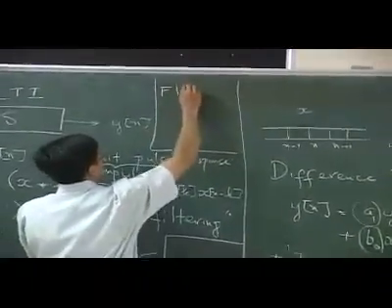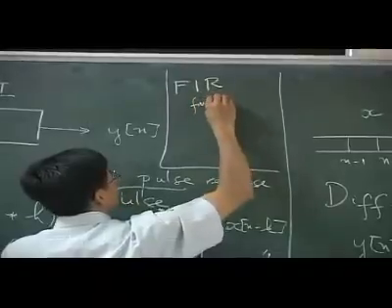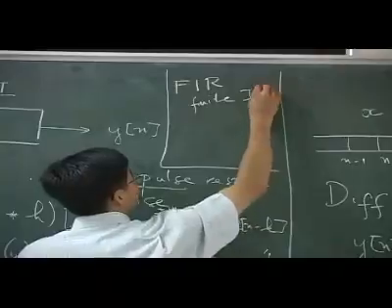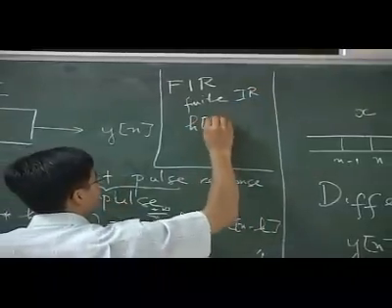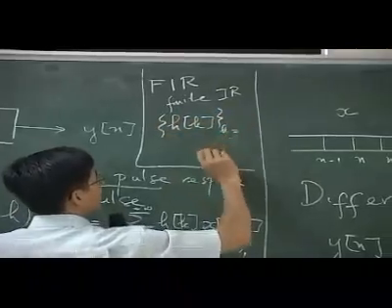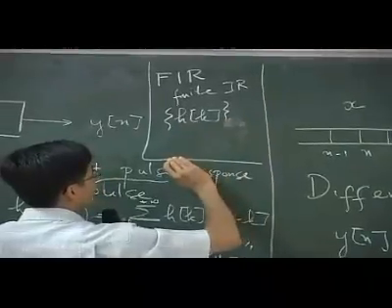The FIR is finite impulse response, where this h of k, then k only goes from, well, h of k,